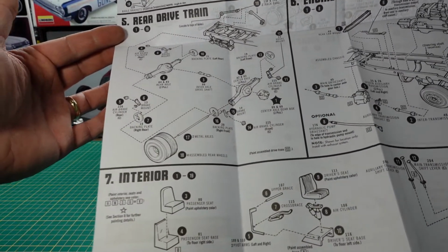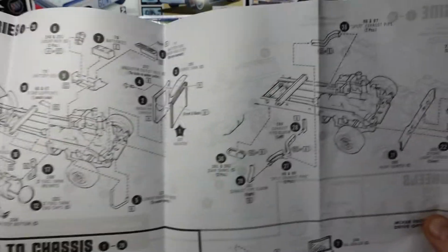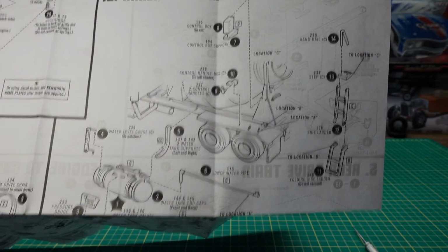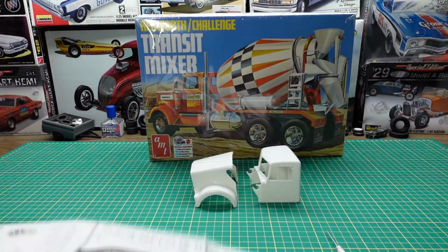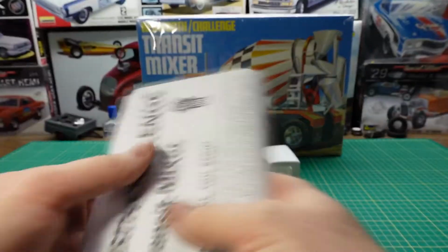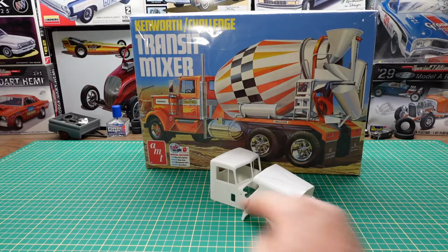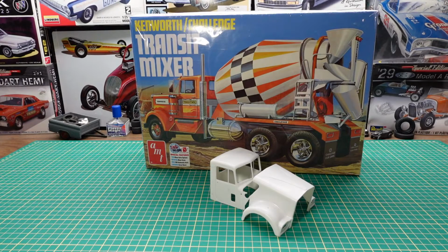You can see all the way that goes together. And then on this side you basically have your final assembly of the chassis and the cab assembly, and then we get into our cement mixer assembly, the barrel assembly, just like that. So there you go. Now what I wanted to do, the reason I left the cab out here, I'm going to go into